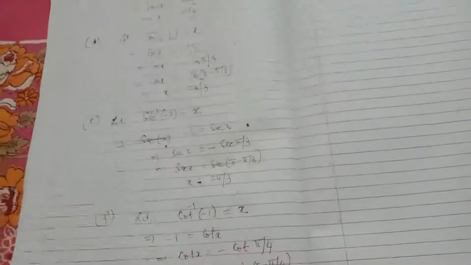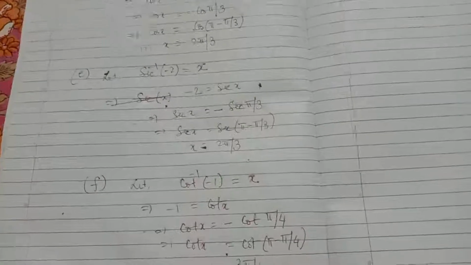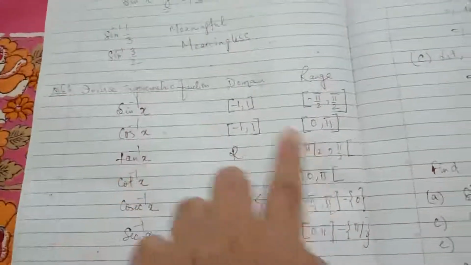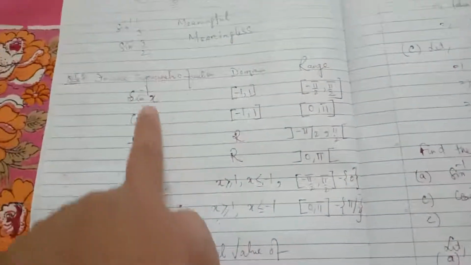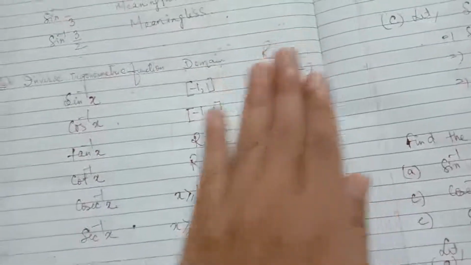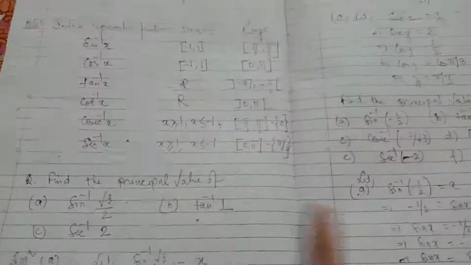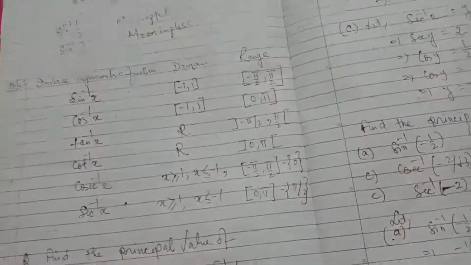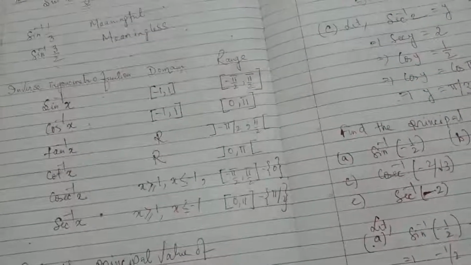Okay, so these are very simple questions, very important from the exam point of view. You have to remember. I will give you some homework. Very first, very important, you have to learn the domain and range of all the inverse trigonometric functions. You have to write all the domain and range, and only then can you answer these questions. So this is your first homework. You have to learn the domain and range, and then try to solve the homework which I am giving later. Thank you.